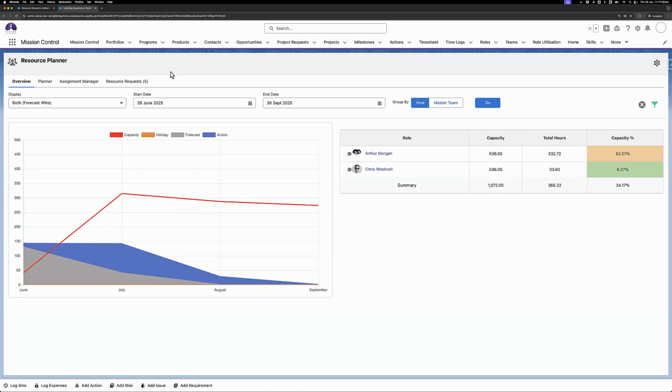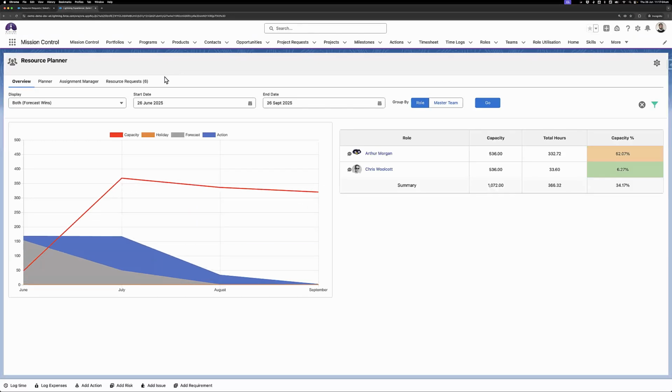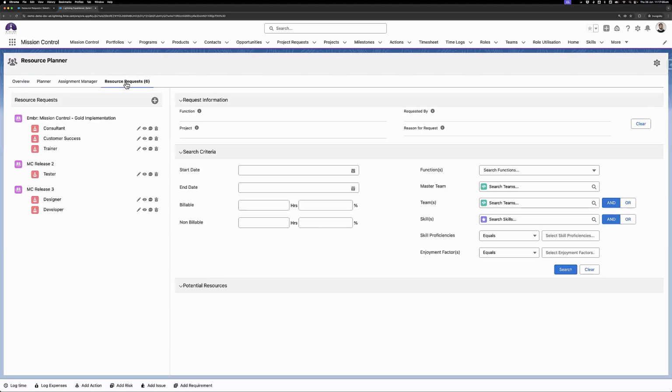So I go here, I'll just do a refresh and go into the resource request tab. And now, on the left-hand side, I've got these resource requests that are grouped by the project name. So I've got the Ember project, the one that I just added the resource request for a consultant. And then I've got two more for mission control releases that I need on those projects. So you'll see the different resource requests grouped by the project. And then next to each